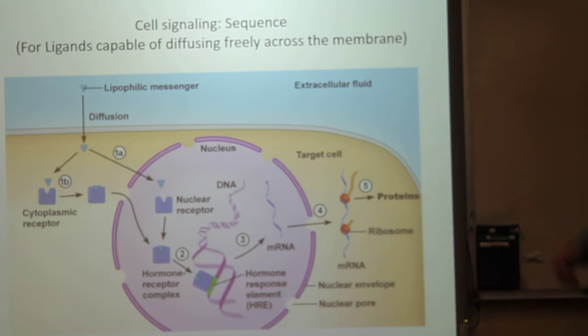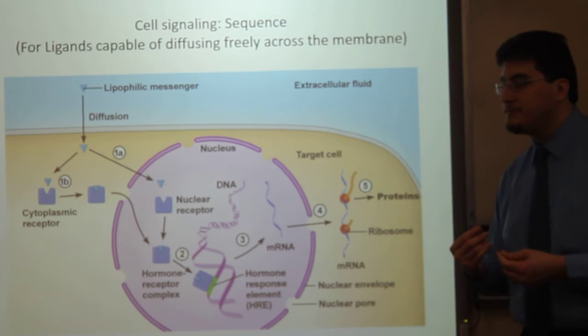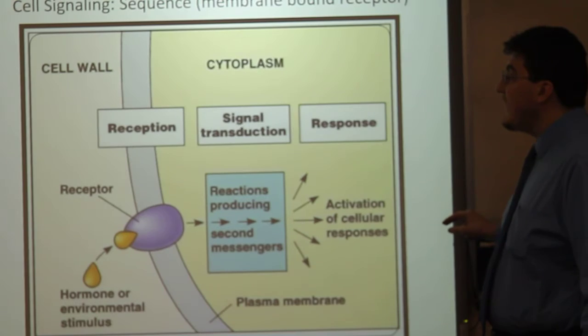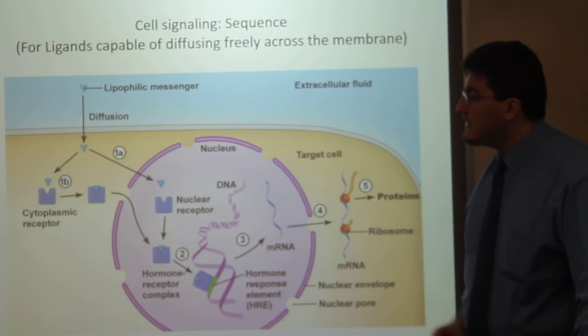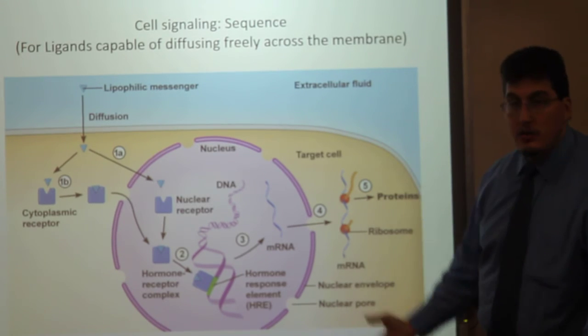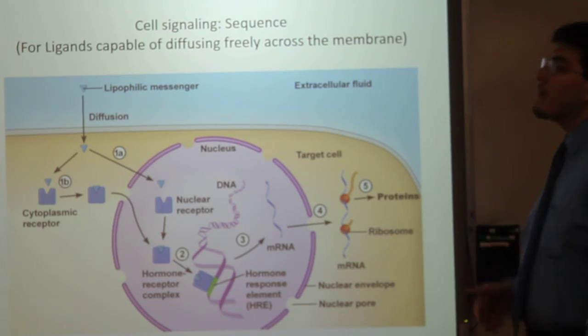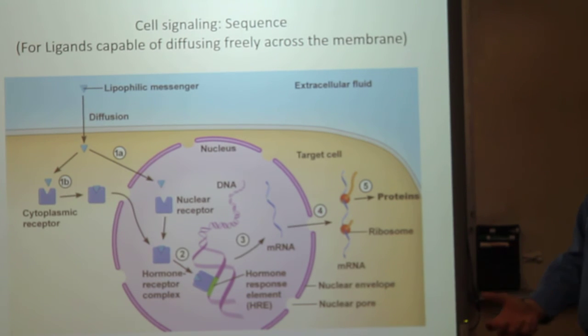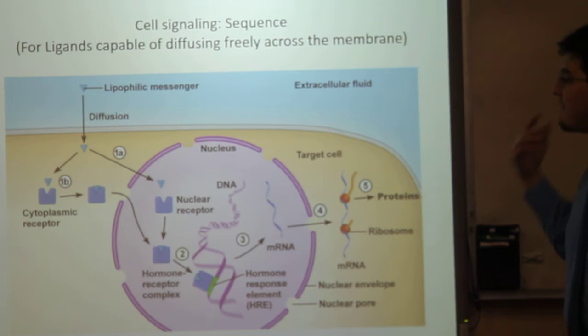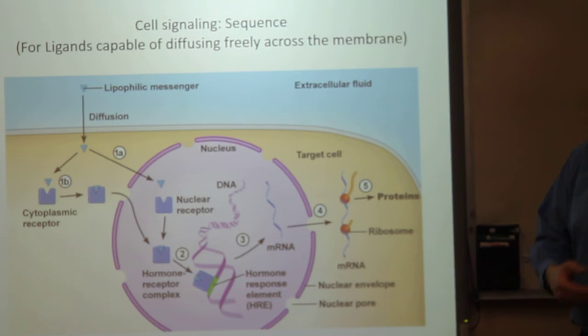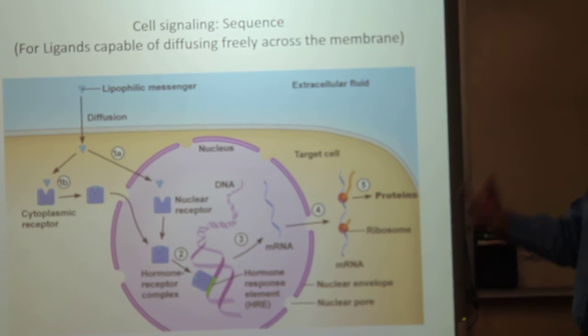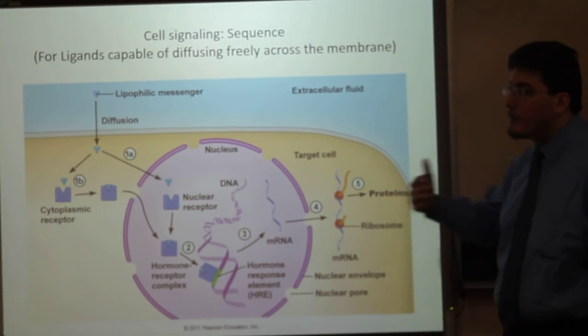That receptor will bind to it and will then undergo the same system. It will receive the signal. It will perform signal transduction, either by using second messengers or directly interacting with the DNA itself. And then we will have a response where the DNA will change its transcription of RNA to a new sequence of events, and we will start forming new